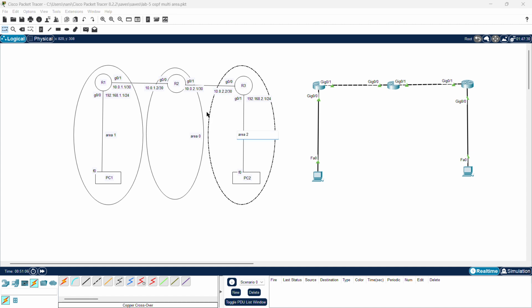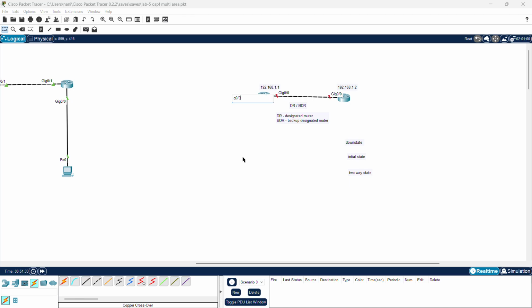The interface is 0.1. Here 0/0/1, and here it goes for 0/0, and that's it. And we have completed the practical for the OSPF multi-area in a logical way, and we have explained up